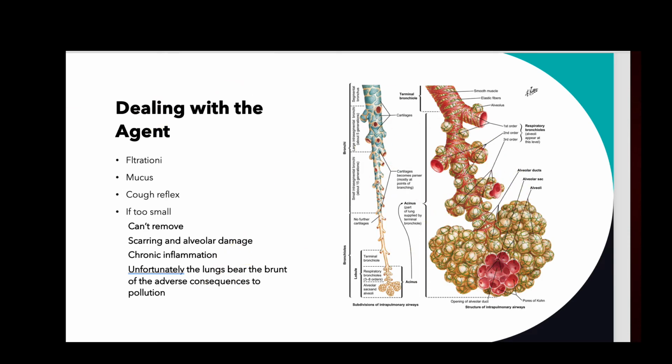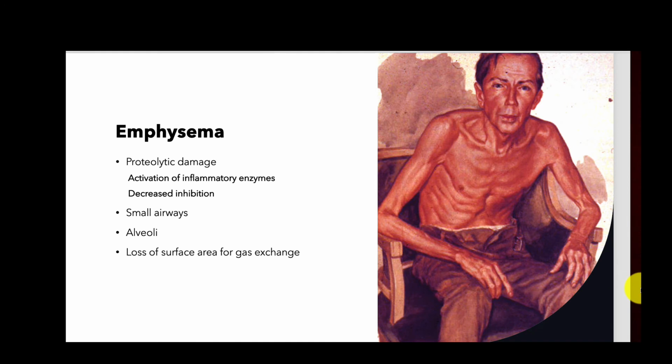And one of those consequences is emphysema. So you guys are probably familiar with that. Emphysema is not just a condition induced by smoking, but it is a lung condition that causes shortness of breath, right? But generally we say, okay, well, emphysema is caused by smoking. It absolutely is, but also pollution, both indoor and outdoor, can cause emphysema. And basically what happens is the air sacs in the lungs become damaged, right? So we go back here.